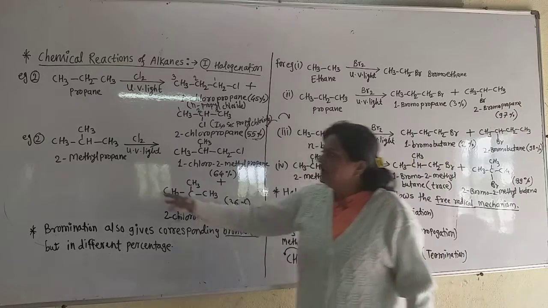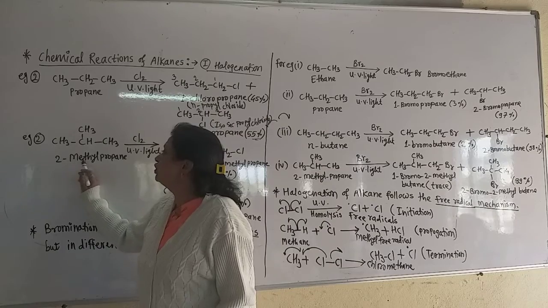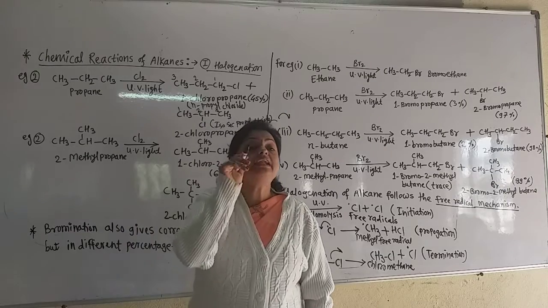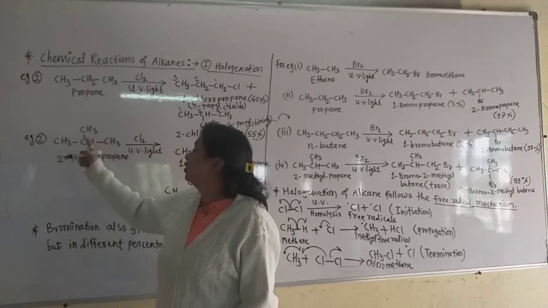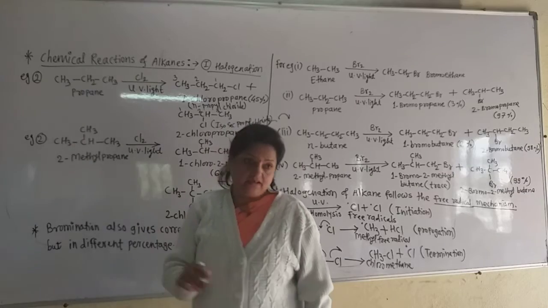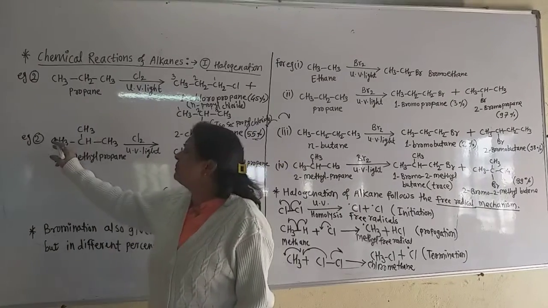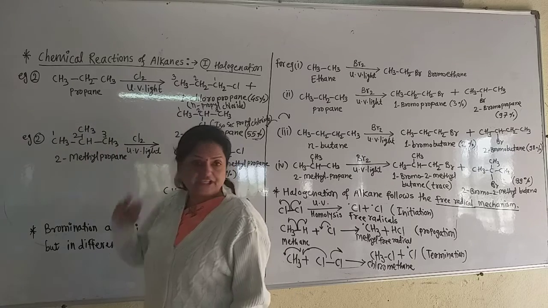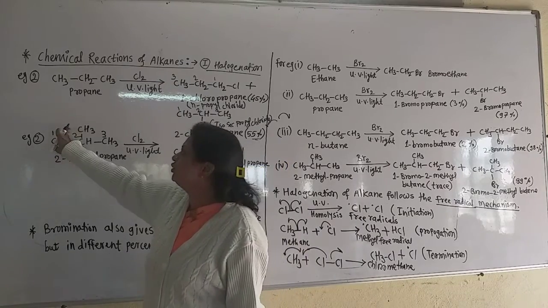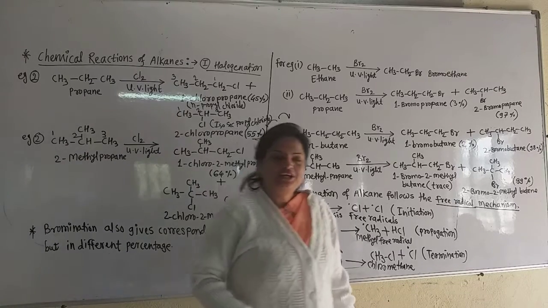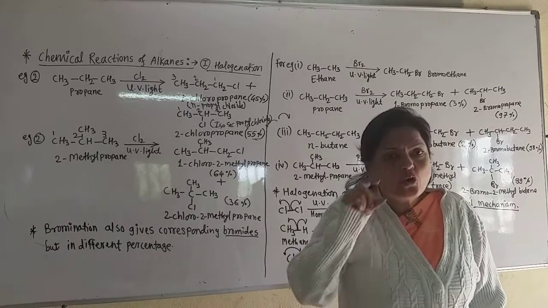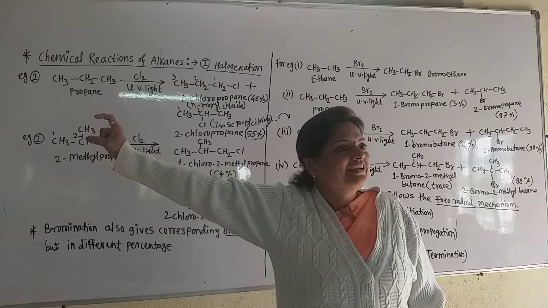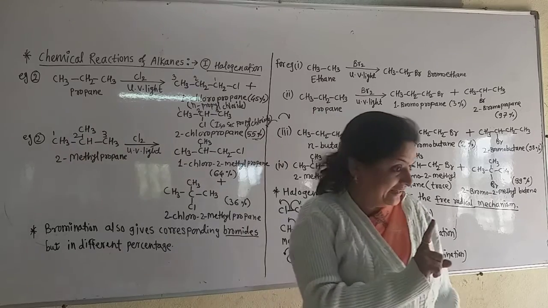Now see here, why is this called 2-methyl propane? Remember, very important. Why is the name of this alkane 2-methyl propane? Number from any side: 1, 2, 3. Do not give number 4 to this carbon because during the nomenclature you only select the longest straight chain of carbon atoms during numbering.